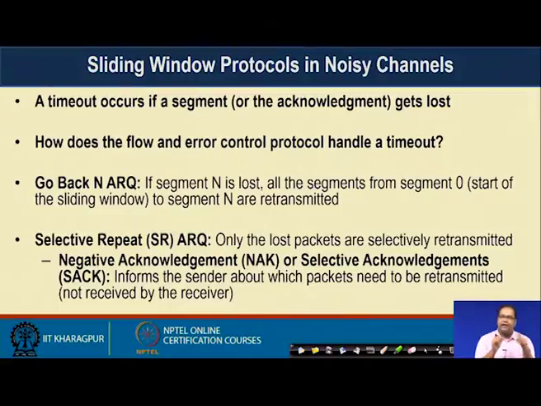In case of the second methodology, which is called selective repeat ARQ, you only send the lost packet, or you selectively retransmit the packet which has been lost in the channel. Whenever we say you need to selectively transmit the lost packet, which has not been received by the receiver, or whose acknowledgement has been lost and the sender has not received it, then obviously